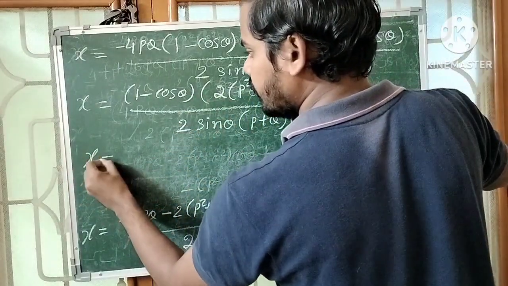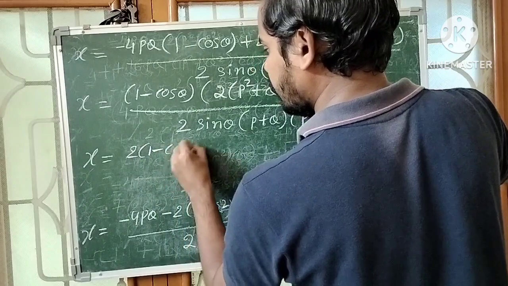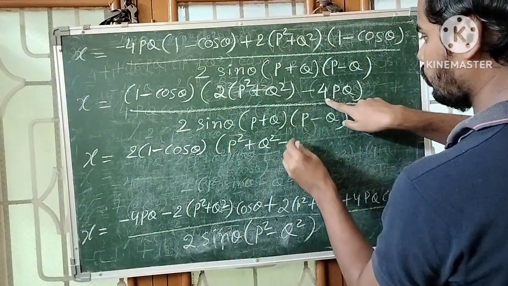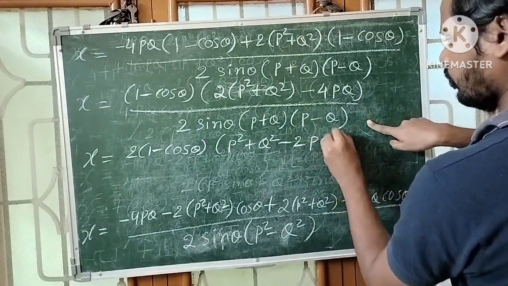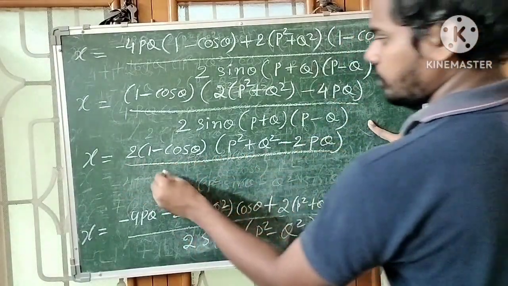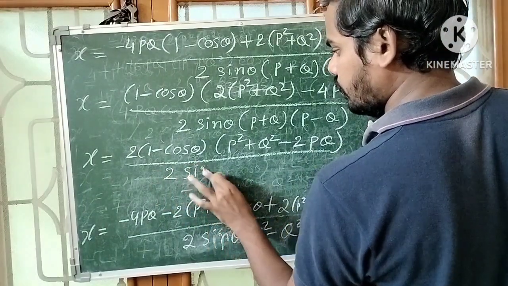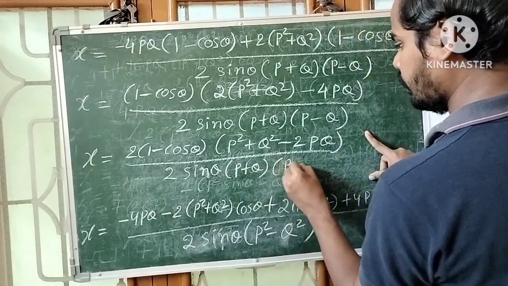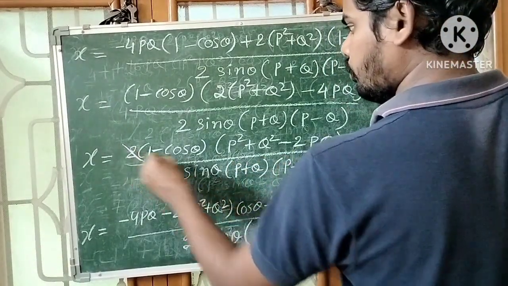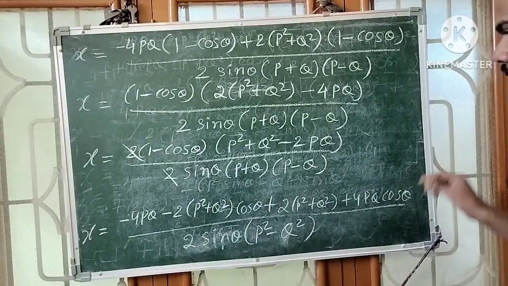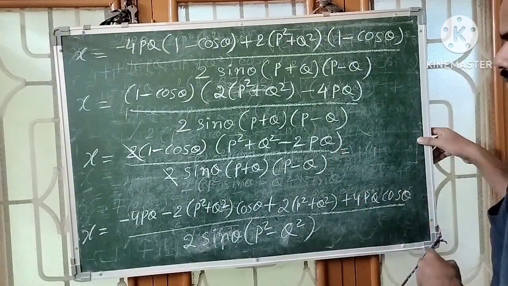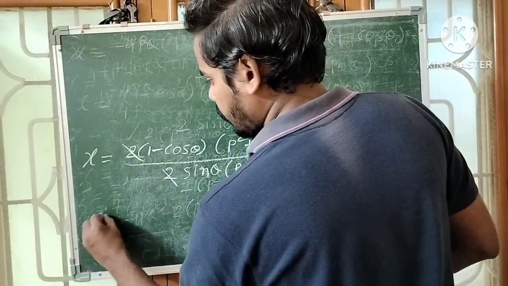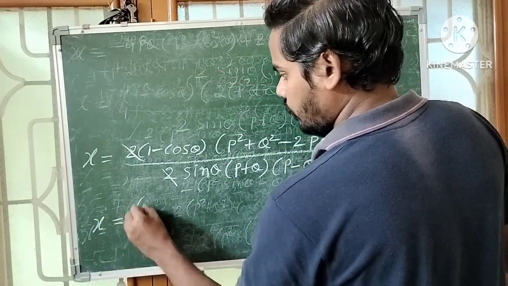So 2 common means x is equal to 2 into 1 minus cos theta. 2 common, so p square plus q square minus 2pq, all divided by 2 into sin theta into p plus q into p minus q. So numerator and denominator get cancelled, and x is equal to 1 minus cos theta